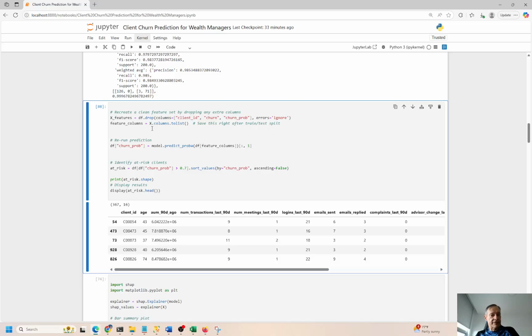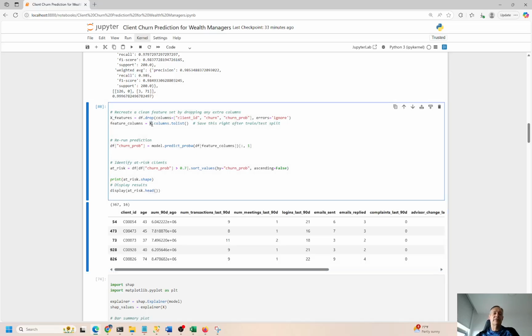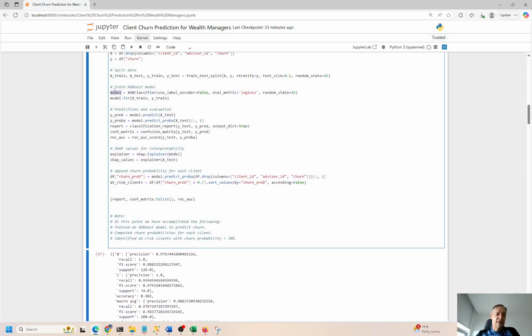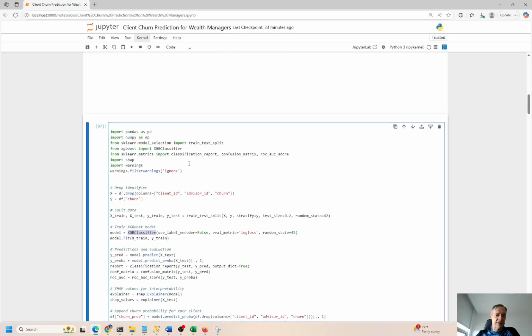So we're looking at the trained and tested data set. Remember, the independent variables are the X variables. We're taking everything, putting that to a list. That becomes the feature column, and the model has been trained above. It's been fit and trained. If you look closely over here, you see the model XGB classifier. That comes from over here. If we trace that back, we're using a classification engine. Classifier goes down here. And we are looking at this model right here on the train set and the X train and the Y train.